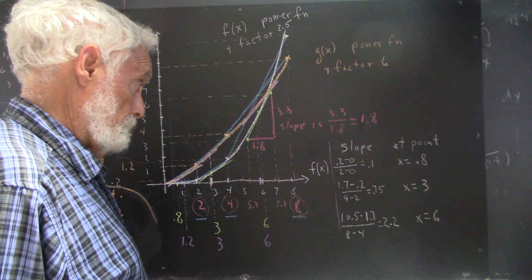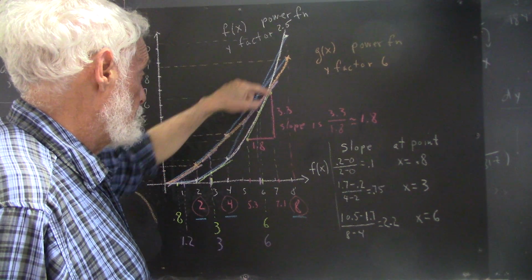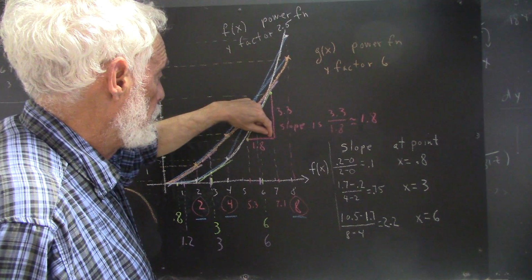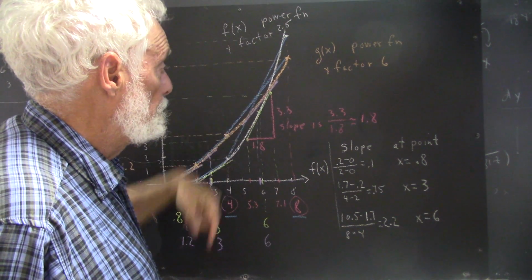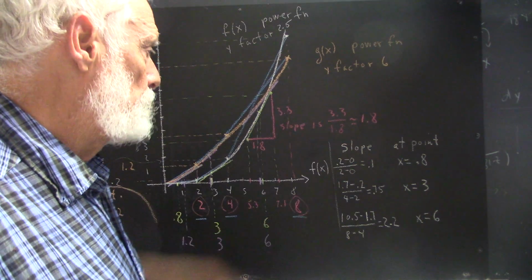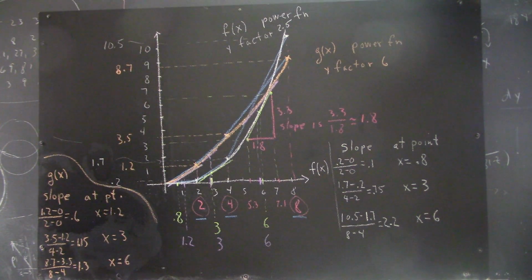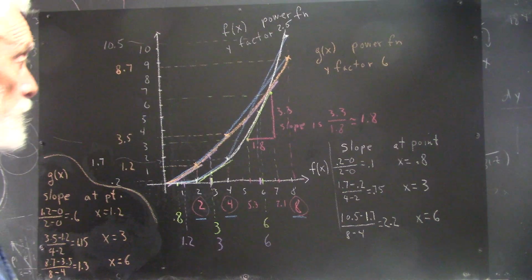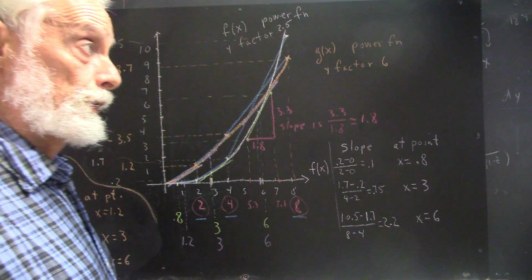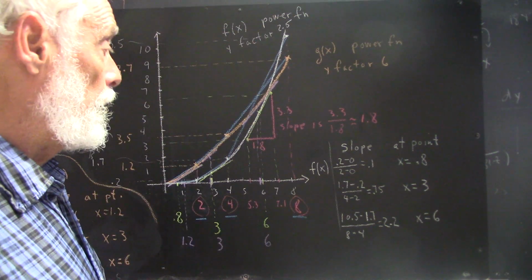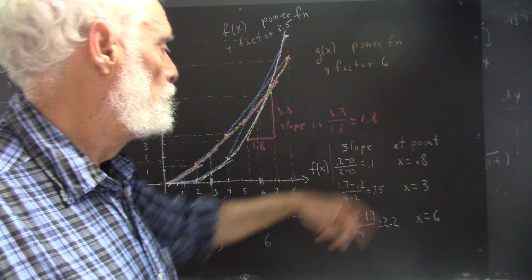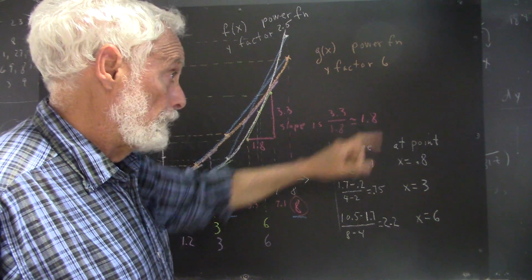We construct a right triangle, and estimated this side of the triangle to be 1.8, this side to be 3.3, giving us a slope of 1.8. It's actually between 1.8 and 1.9. Now it's going to turn out that the slope of the blue chord, which is supposed to be the same as the slope of the green tangent line, was 2.2, which is close to, but a little bit different than